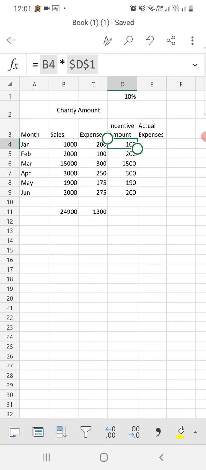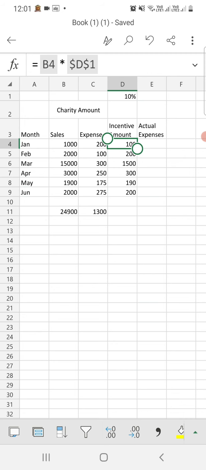So it is a combination of relative and absolute reference, that is called mixed reference. In this type of reference, either row or column has to remain fixed, that is $A1 plus $A$2. $A1 is an example of mixed reference.